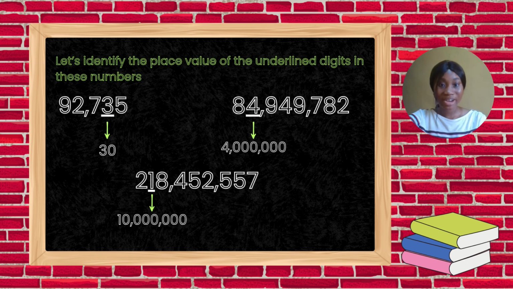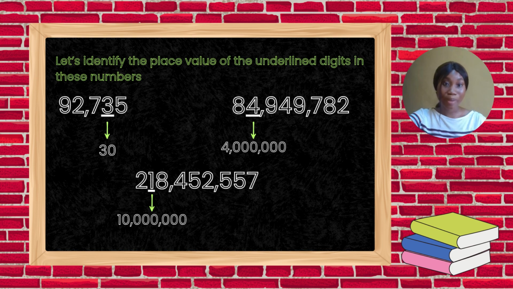So you can see that place value is really, really easy. All you have to do is to be able to remember the different positions that a number can occupy. So let's try to identify the place value of these underlying digits. So I have